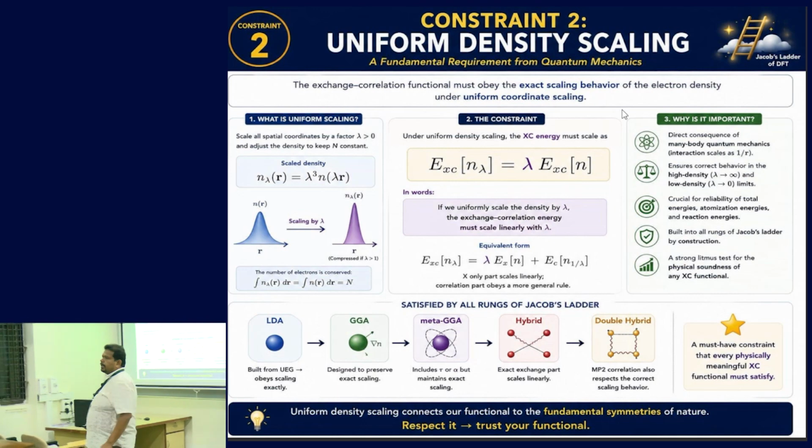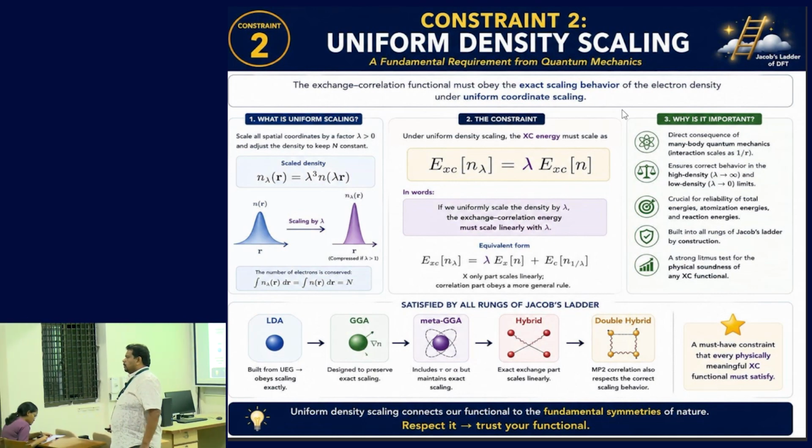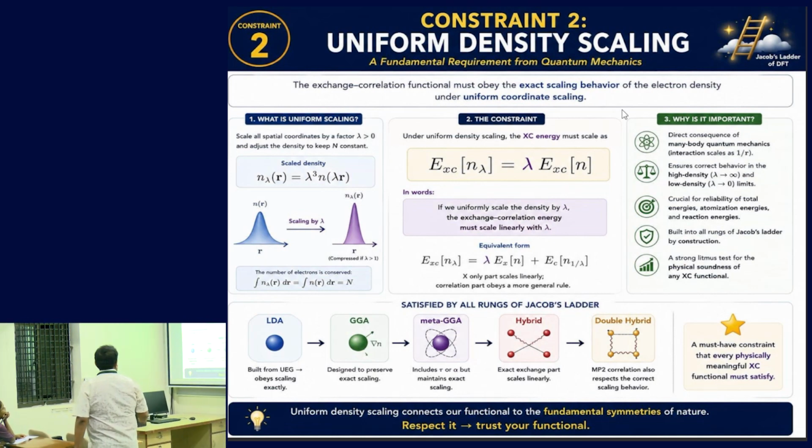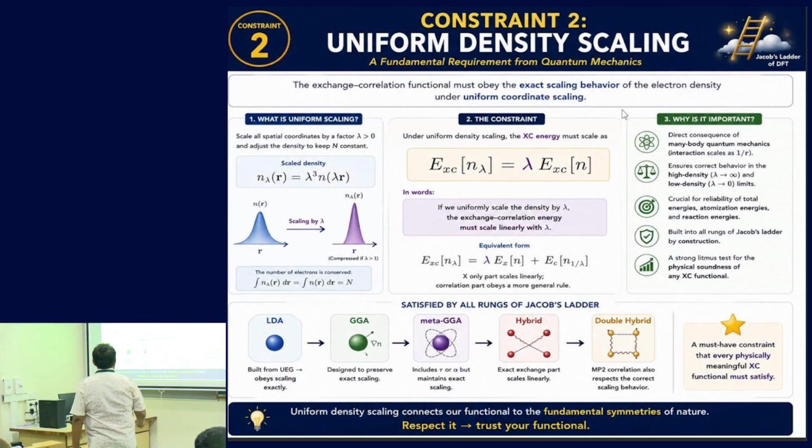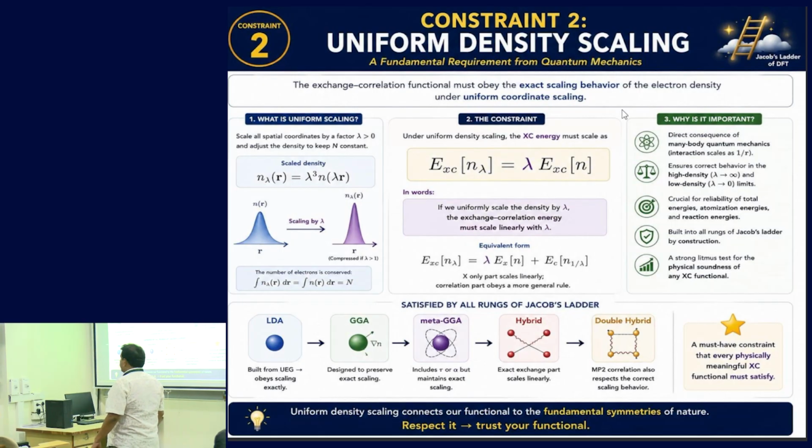If you are designing any functional, it should scale linearly. This you can derive, and it matters which component scales, whether the exchange part or the correlation part. For the correlation you will have rho with 1 upon lambda kind of thing, and this is the scaling. Okay, this scaling is built in